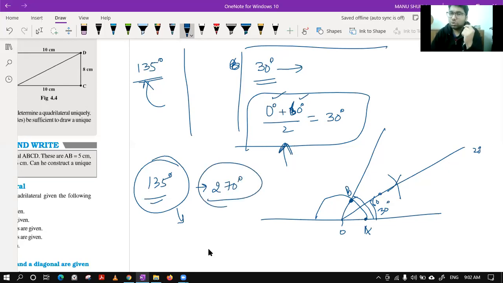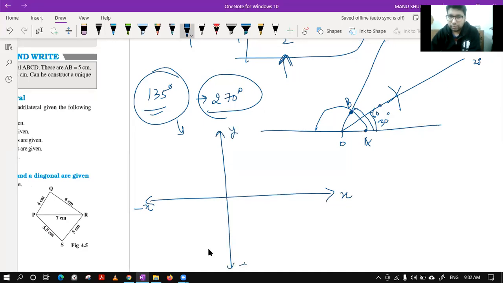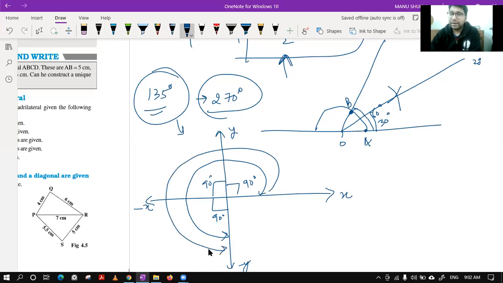So if you know what is 270 degree, let me show you what is 270 degree actually. If this is the coordinate axis, this is positive x-axis, this is minus x, this is plus y, and this is minus y. This much is 90 degree, this much is 90 degree, and this much is 90 degree. And if you go like this, 180 plus 90, this complete angle from this point to this point is how much? It is 270 degree. I hope this point is clear to everyone how we show this angle 270 degree.